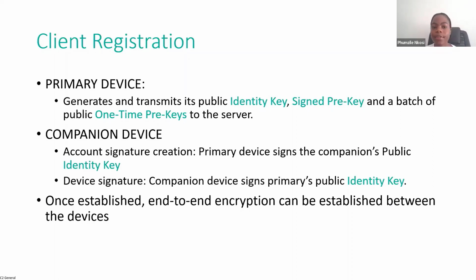But if it is a companion device, we need two signatures. We need the account signature. The account signature is created when the primary device public identity key signs the companion device public identity key. The device signature is actually vice versa. The companion device public identity key will sign the primary device public identity key. And once this is established, these devices can be linked to the already existing WhatsApp account, and end-to-end